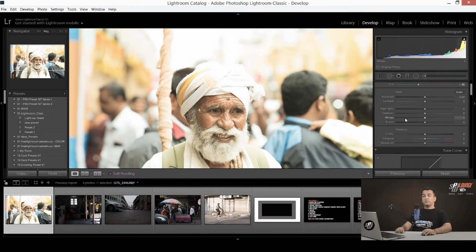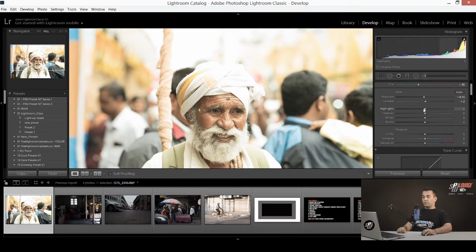And there is a very good feature in Lightroom. If you press the shift key and double click on this value, you will see Lightroom making changes for you. It's an automatic adjustment based on the image highlights, shadows and colors and all. So Lightroom will adjust the best for you, and from there you can work with your feel. If you want a more punchy look in the image, you can add a little bit more contrast. Adding too much may not work, but a little bit should be helpful.